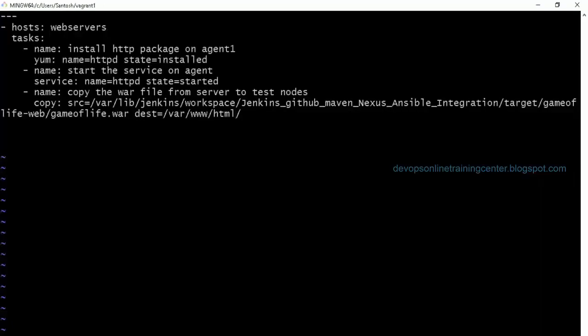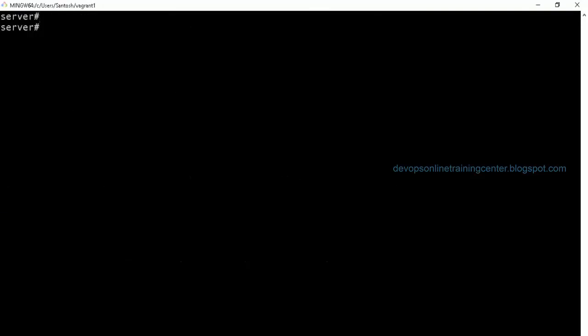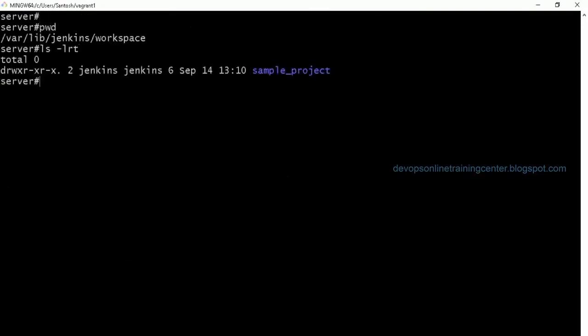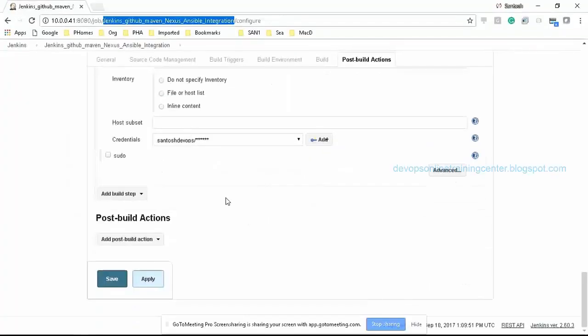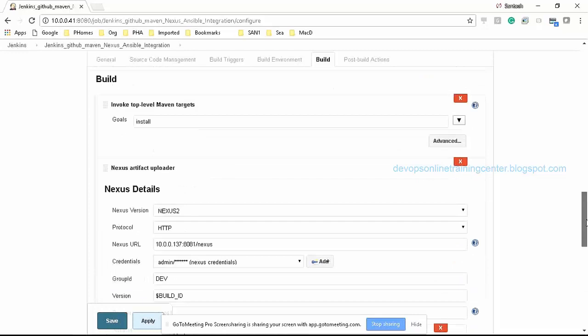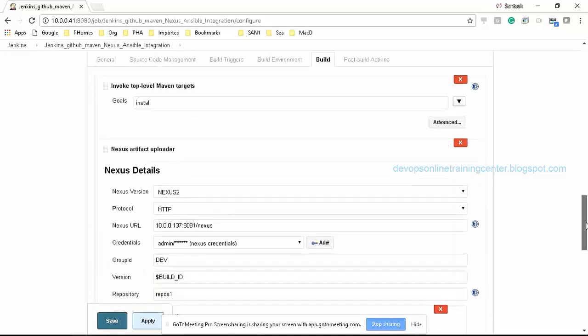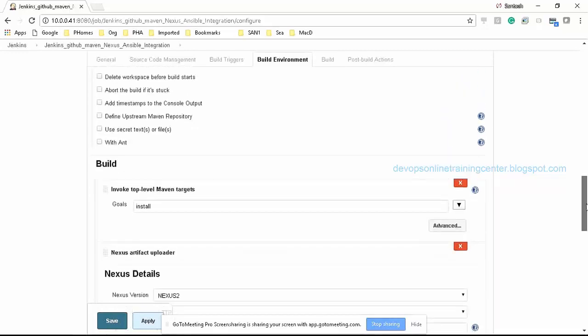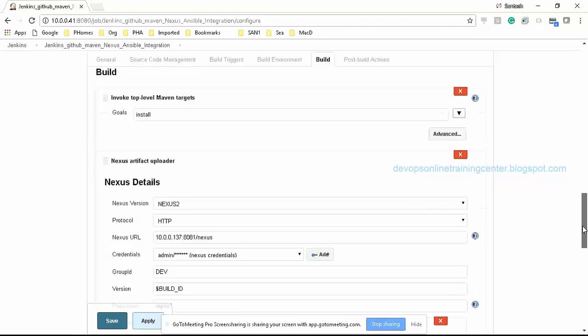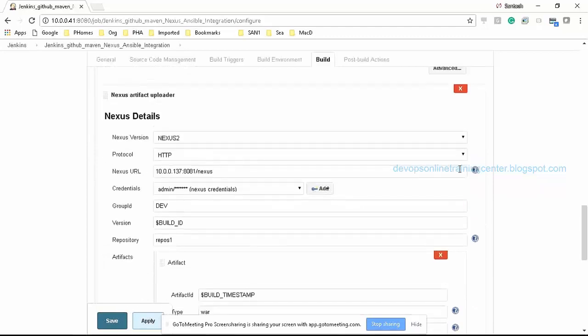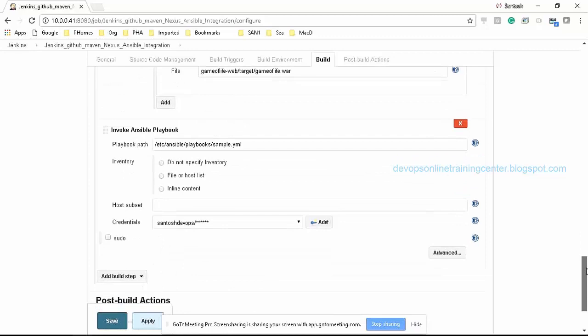Let us try to execute. I have a playbook that gets executed as part of a Jenkins job. So it should download and it executes the Maven target that will convert it to binary. Now, let us say I don't want to execute Nexus because I'm directly taking from the machine itself.